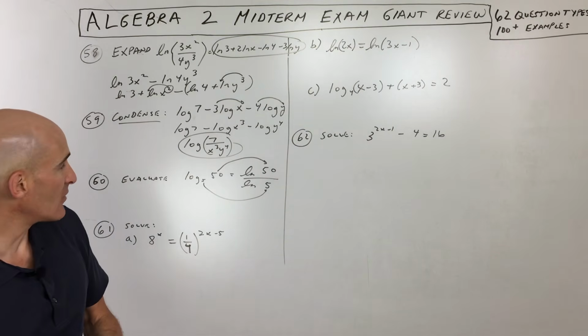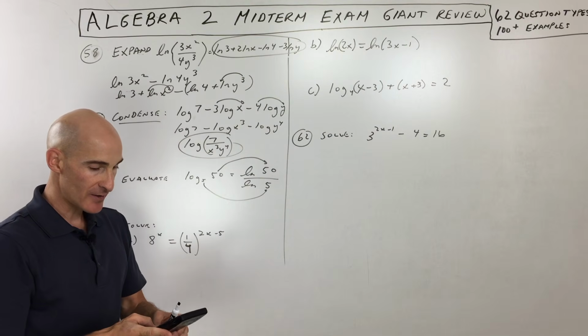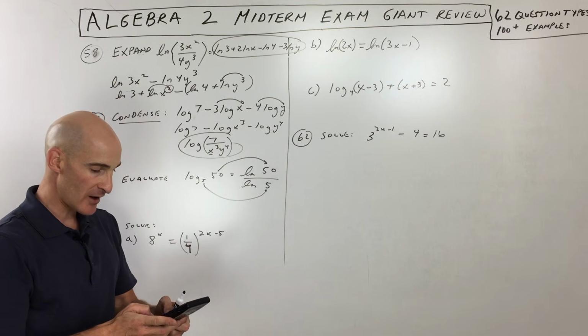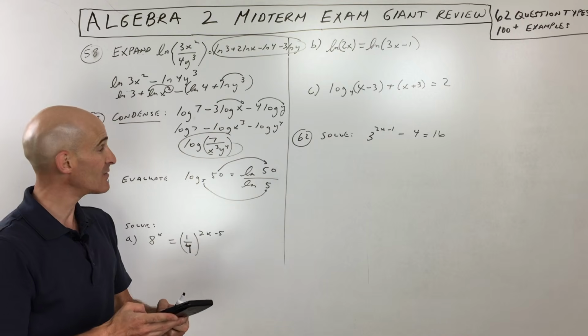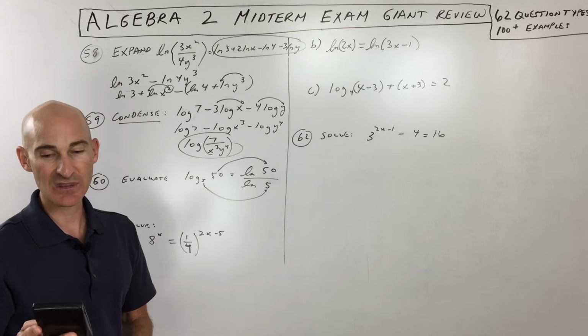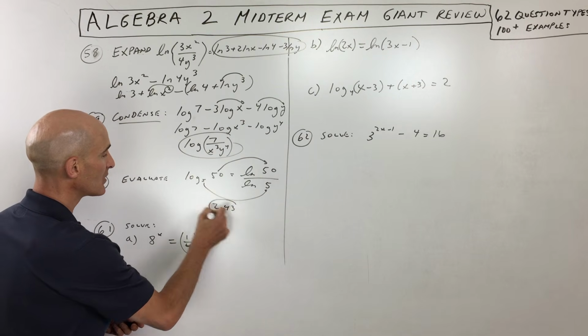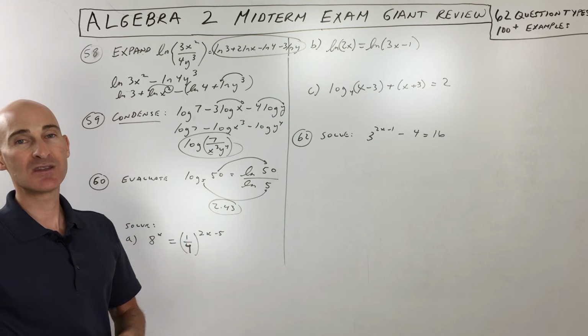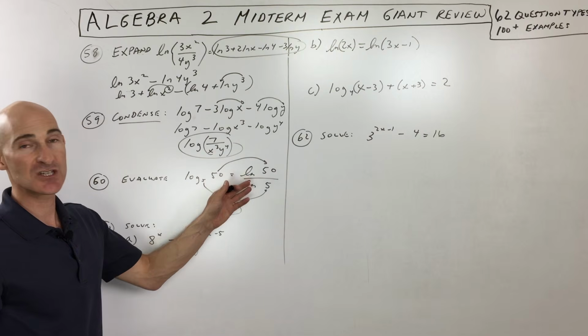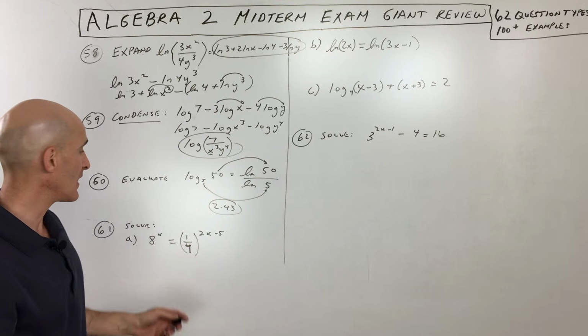So let's see what that one comes out to. We've got natural log of 50 divided by natural log of 5. And by the way, that's not the same as natural log of 10. Sometimes students make that mistake. So you should get 2.43. Now, some calculators have the ability to change the base, but in this case, we're just using the change of base formula because some calculators don't have that function.